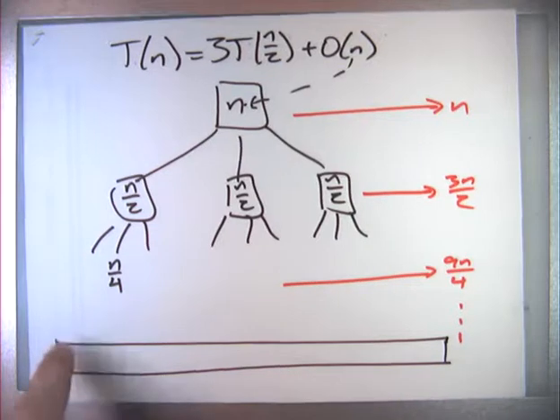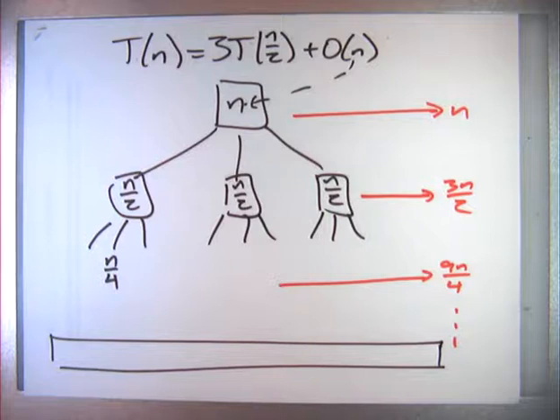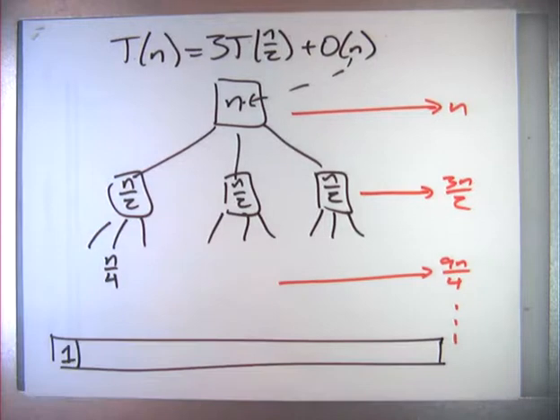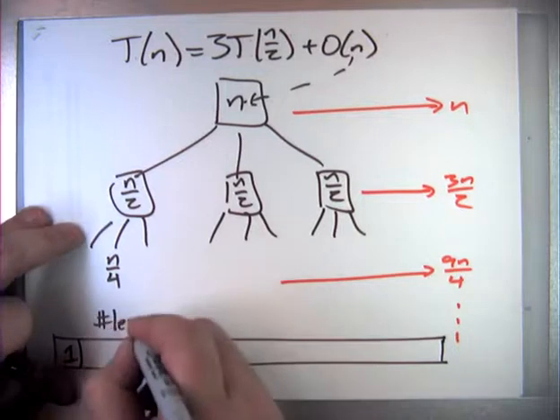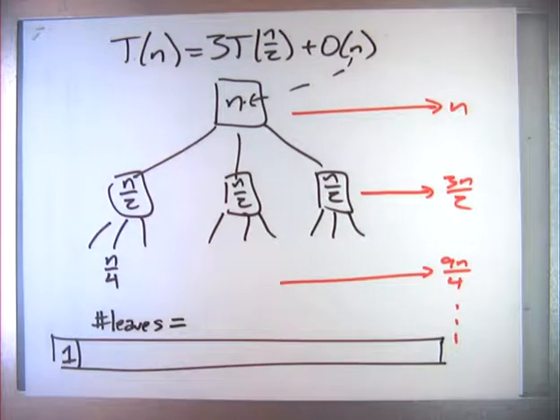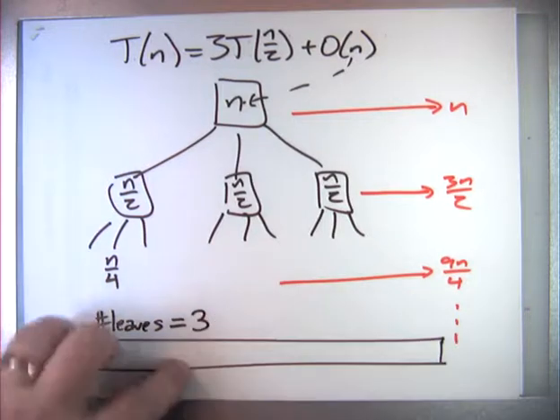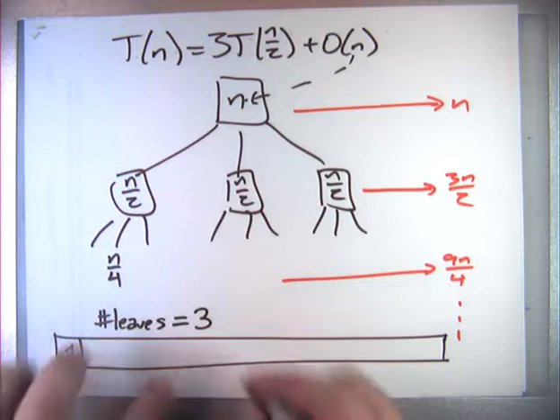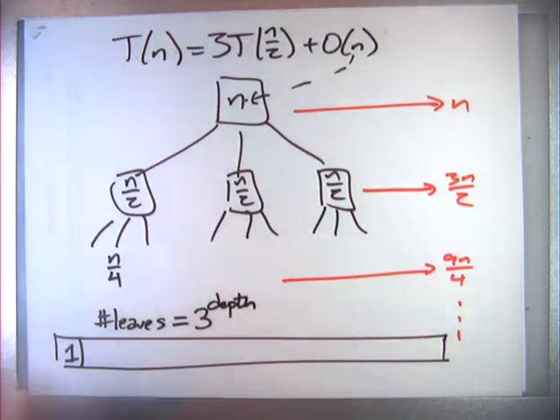Now, the value that's actually in one of those leaves is a constant. That's why it's a leaf. When the problem size gets to be small enough, I could just say, okay, brute force. And there's some constant value there. So I can imagine that the actual value stored in each leaf of this recursion tree is a 1. And then the only question is going to be how many leaves. Well, the number of nodes at any particular level is going to be 3 to that level number. So the number of leaves is 3 to the power depth of the tree.